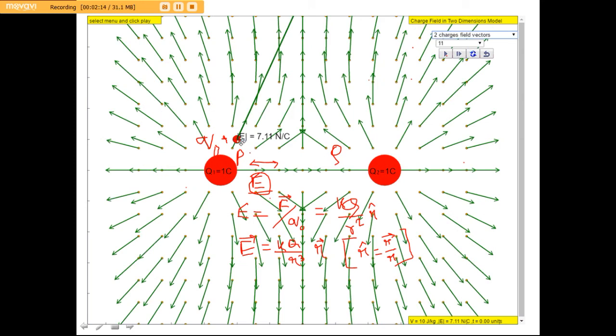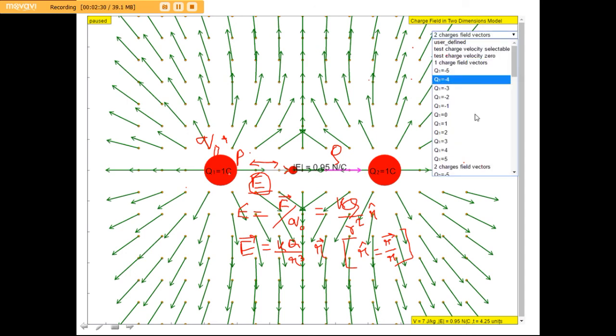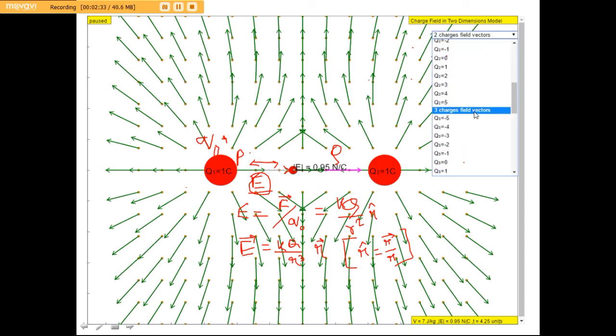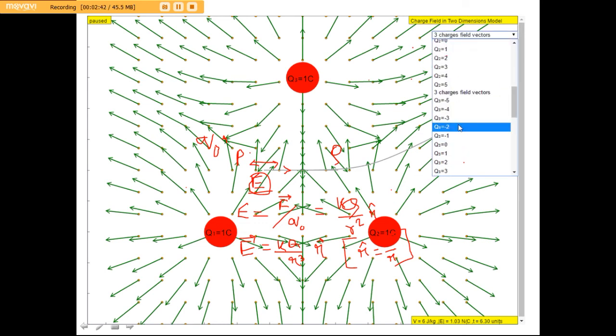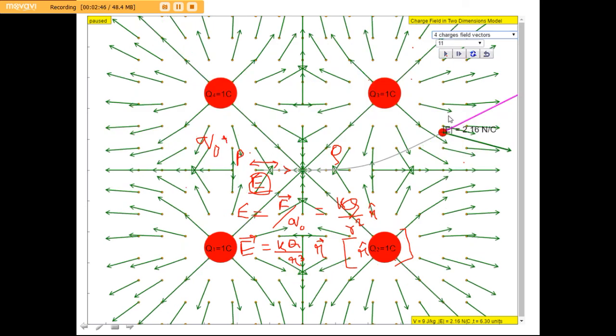Now if this point goes to this position, it has a force, and obviously it has another force. Just see, it is also attracted here, so there must be a force and there is also a force. Now come to three charges. So what will happen then? This has the electrostatic force with magnitude and direction.